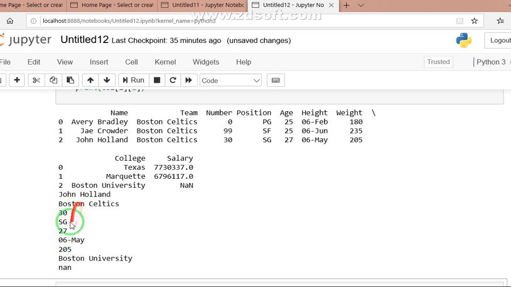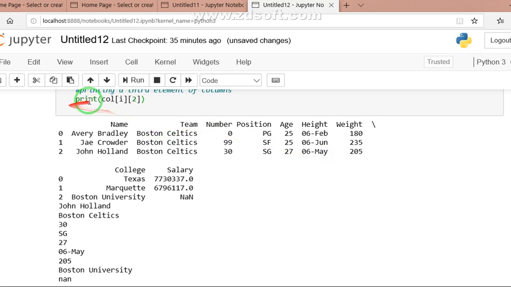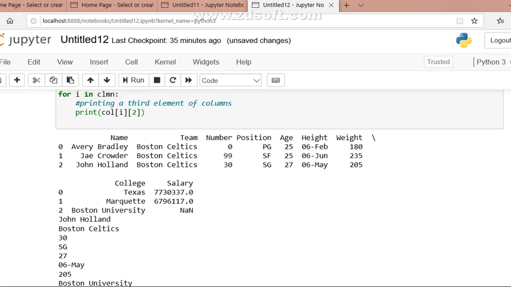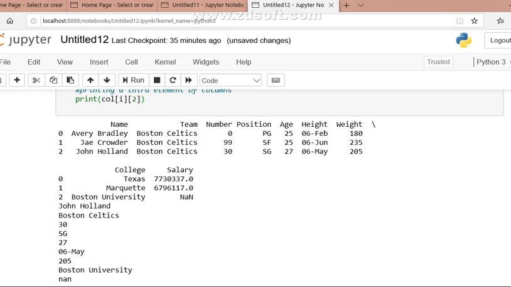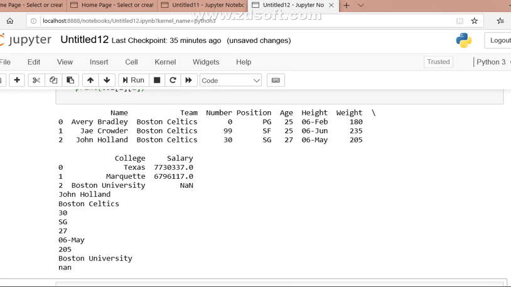So all this information is represented here using this print column operation. So we have printed the third element of columns from the file, NBA. So this is all about the column operation, and in column operation we will discuss this function only.